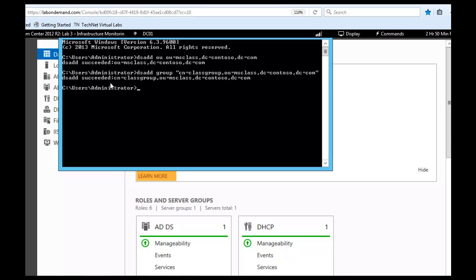Now, we want to create a single user, and we want to put the user in the user's container. Active Directory has a default users container that we looked at in the previous session, and we're going to create a user and put the user in that container. So we start with dsadd again,